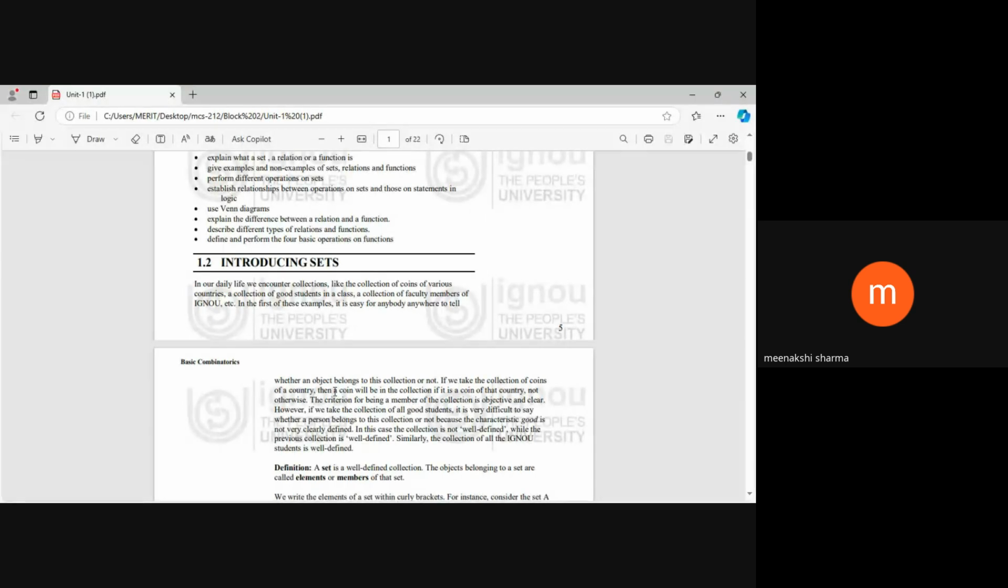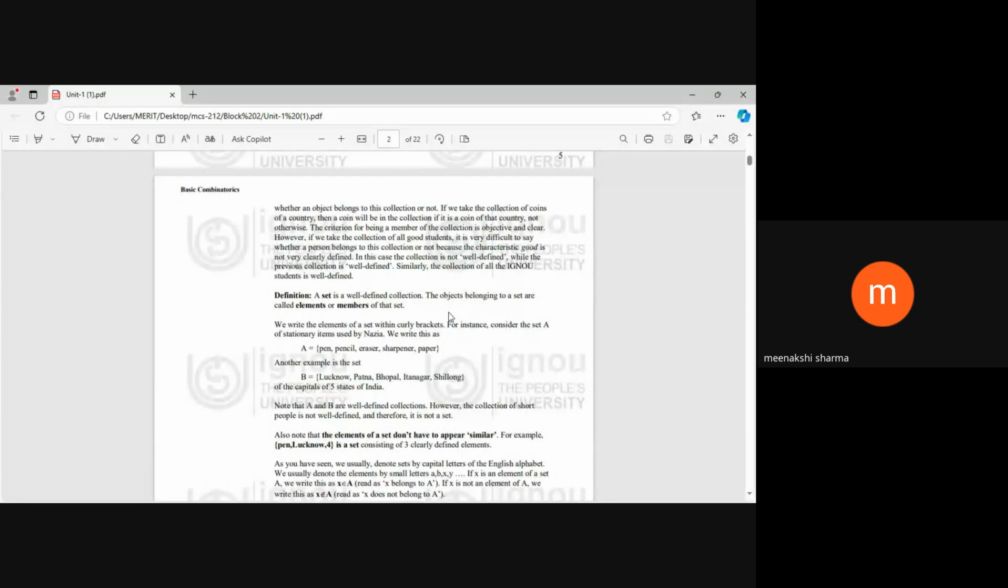Okay, students. First topic is sets. Sets is like a combination of some similar things. There is a definition: a set is a well-defined collection. The objects belonging to a set are called elements or members of the set. A set is like a set of pencils, paper, book, pen,